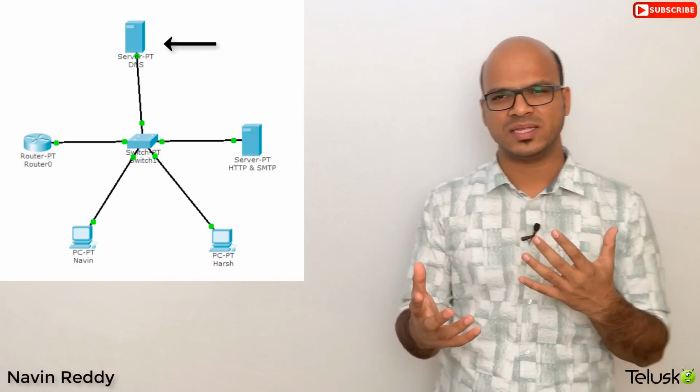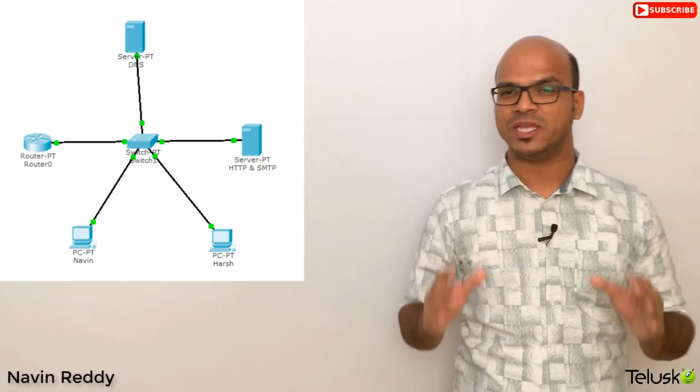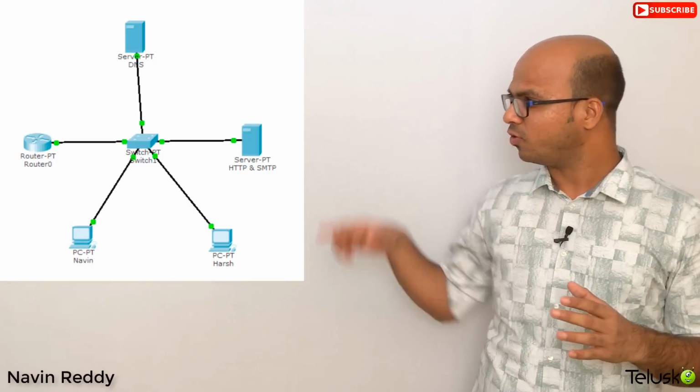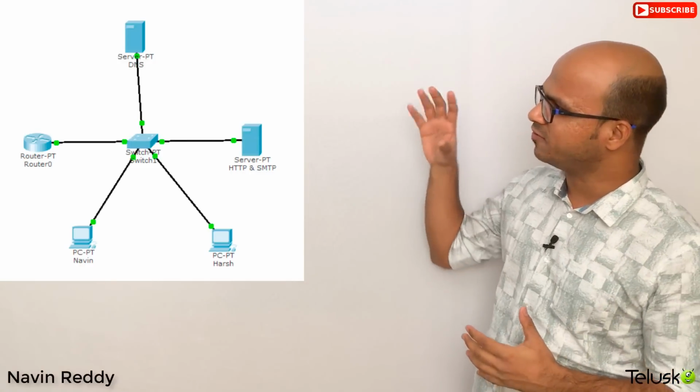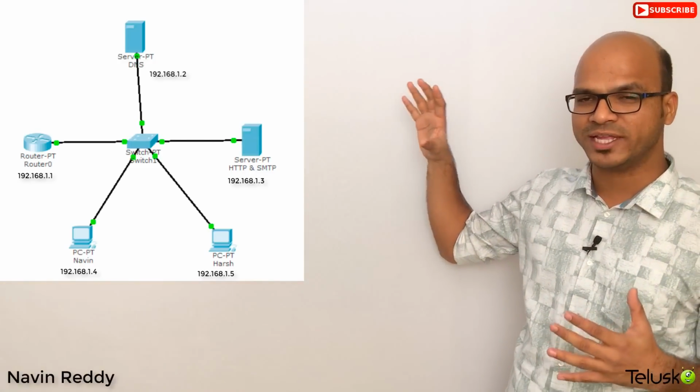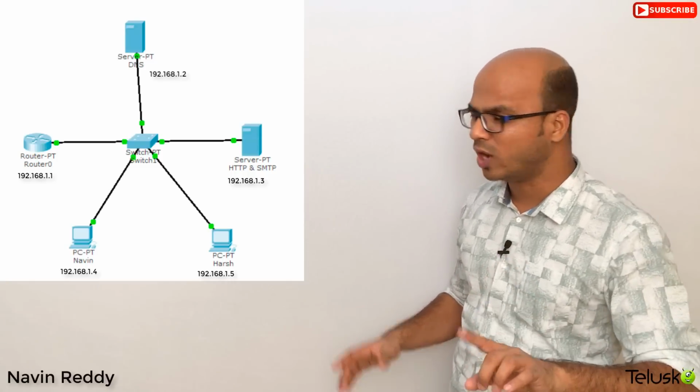And then we have a DNS server. Now why do we need a DNS server? If you talk about the second server where you have HTTP and SMTP, first of all, when you have a server, you need an IP address, right? So before going for anything, you have to first assign an IP address to each and every machine. Let's imagine the first server has IP address 192.168.1.2, the second server has 192.168.1.3, and the clients have 1.4 and 1.5. Why not 1.1? Because that is given to the router, which is the default gateway, right? So every machine needs an IP address.